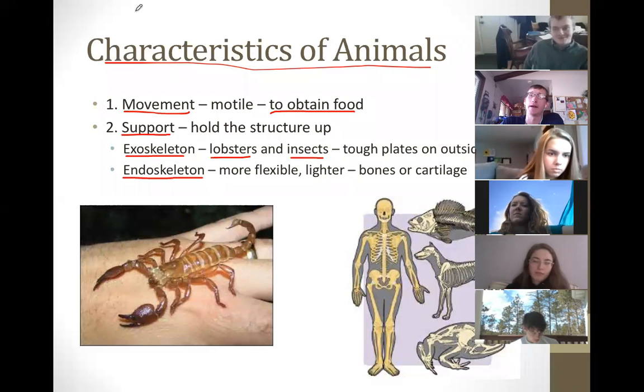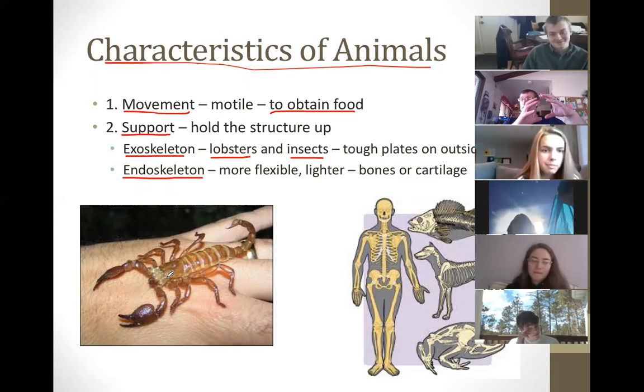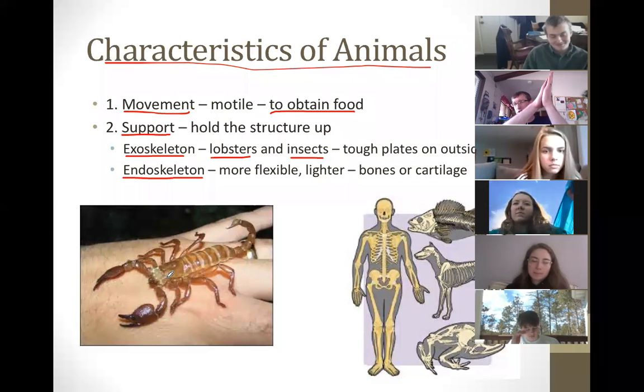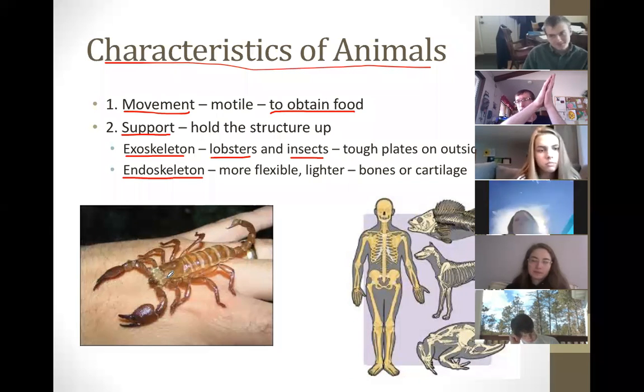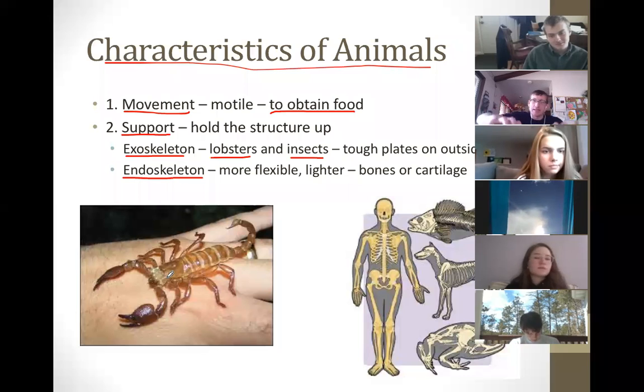Yeah, that's exactly right. The exoskeleton causes a problem called molting. As the scorpion grows up, his body gets bigger and bigger, and eventually he's touching that shell, and he can't grow any bigger. So what he's got to do is split that shell and push his entire body out of that shell and grow a new exoskeleton.